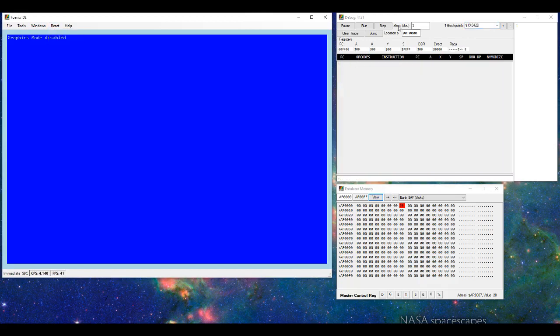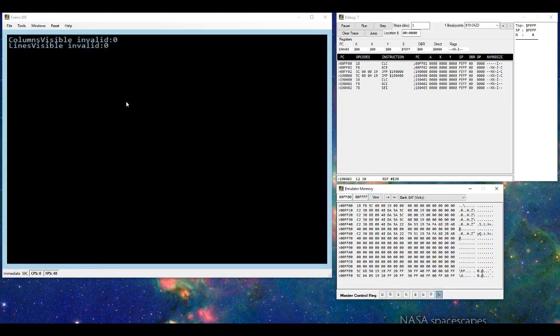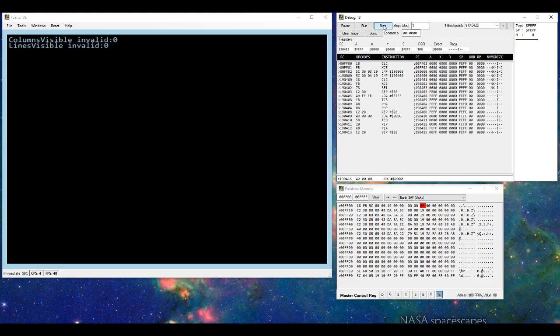Okay. Another thing that you can do is we have a memory button. If you want to see the memory at FF00, you can click on this memory button and the memory window automatically changes. Another thing you can do here in the master control register is change to text mode. Obviously there's no columns or no lines set in memory right now. So Vicky is saying, well, I don't know what to do with this. As I execute more code and Vicky gets initialized, you will see that